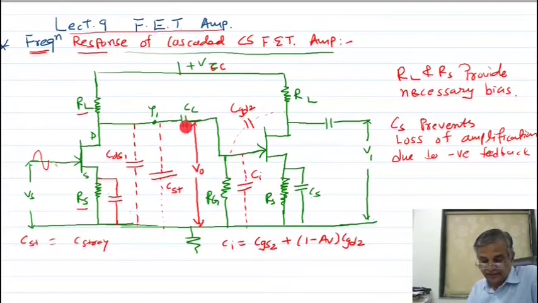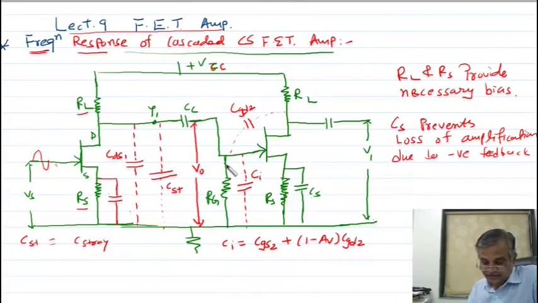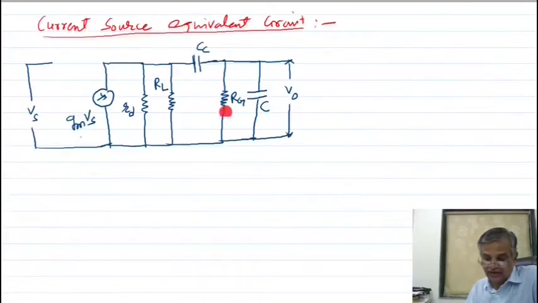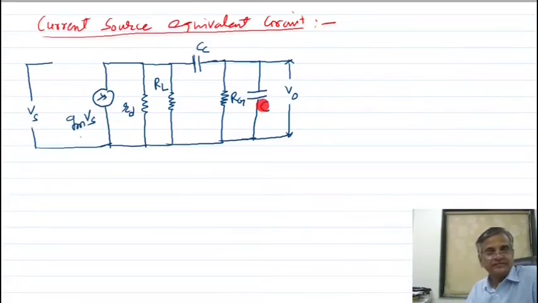These coupling capacitors, I am showing you here coupling capacitors. Then this Rg I am showing here, and across Rg I am showing you VO. That also I am showing here. Look here, Rg, across this VO. Then this capacitance plus this capacitance plus this capacitance I am writing as C. Look again.